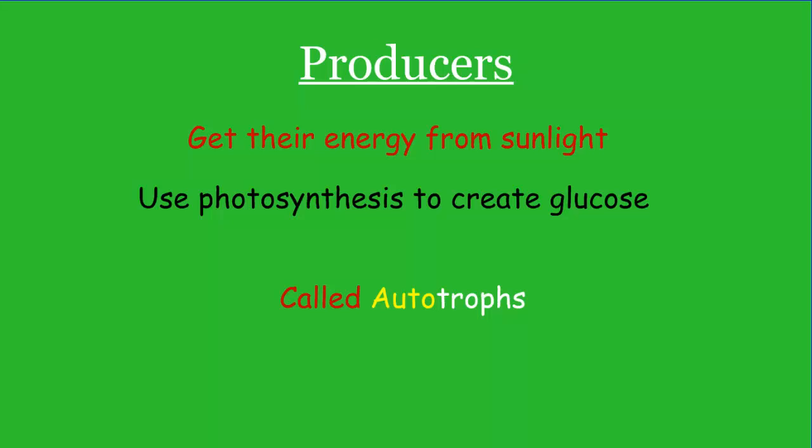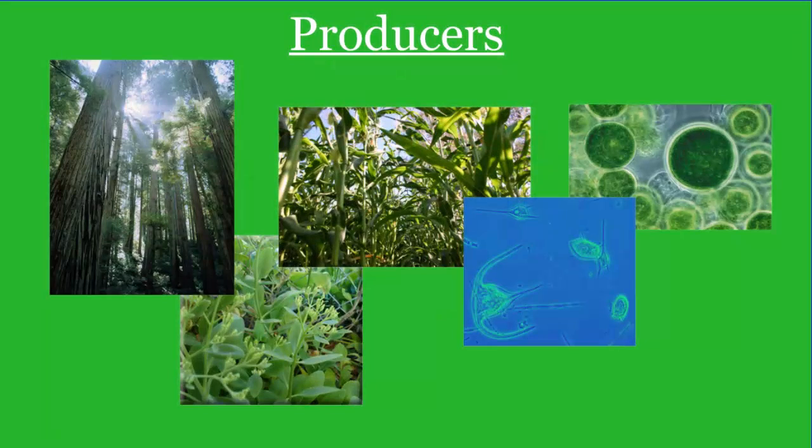Let's see some examples. So here are some pictures of some producers. You can see they come in various sizes and shapes and forms, but they all have something in common: they are taking in the sun and producing these molecules of glucose so that we can use them as energy. They range from big, large redwood trees all the way down to the phytoplankton and algae that live in water. All of them are important food sources for our food chains and food webs within our ecosystems, and they all hold that same role of taking in sunlight and converting it into chemical energy.